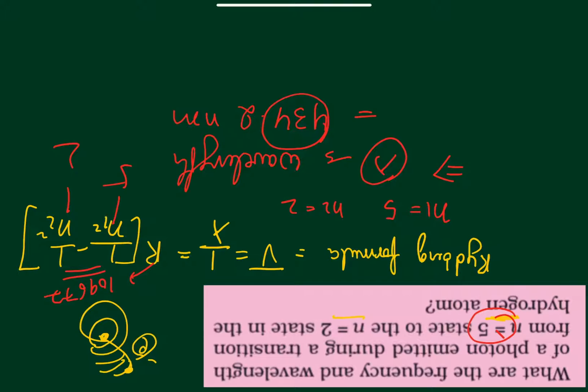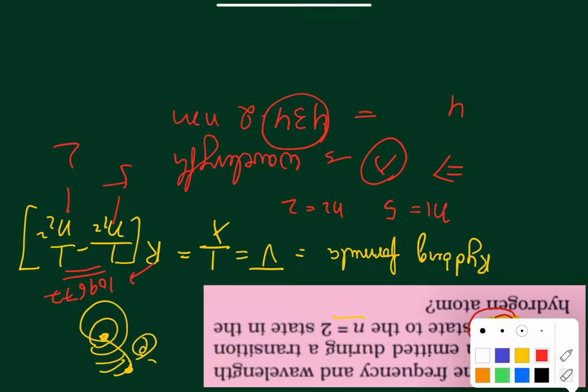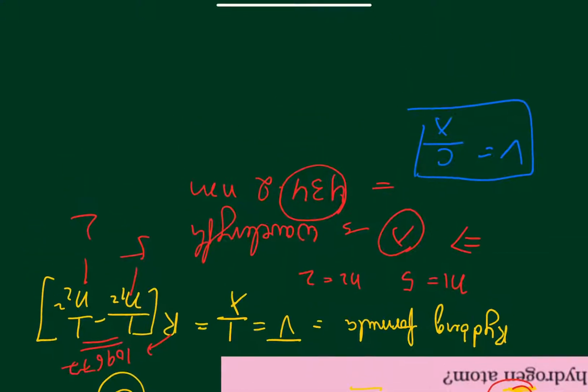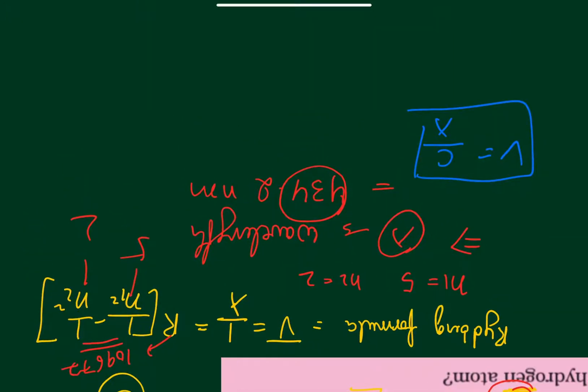We will not be doing the calculations in this video, we will be testing the concepts. Calculations will take time and will waste your time here. You can do it for your practice. Okay, now once you have got the lambda as 434.2, you know another basic equation from your electromagnetic waves that you have studied is that your frequency nu is equal to C by lambda. This you have already done. Nu is equal to C by lambda is the basic equation we have done in electromagnetic wave studies.